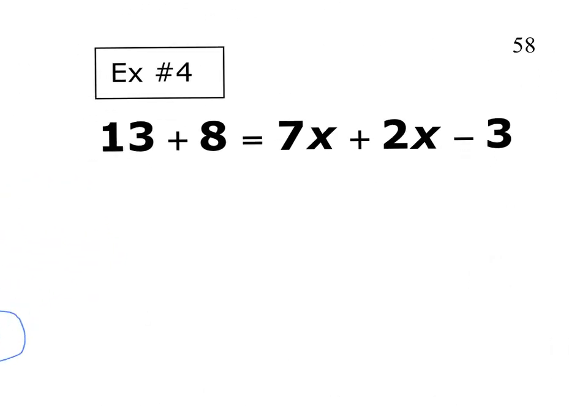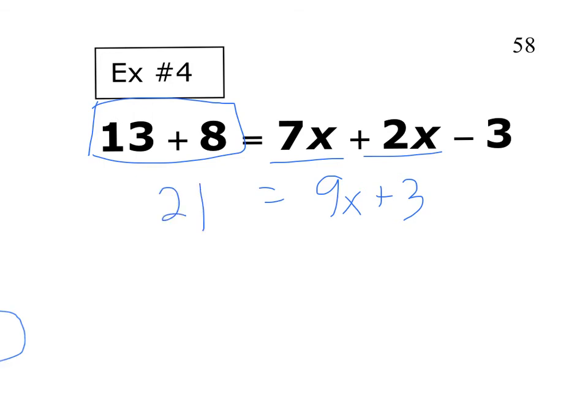Now this example, you don't have variables on both sides, so you're just going to combine like terms. So you need to add the 7x and the 2x, and that gives you 9x plus 3. You'll also notice on this side, we can combine these guys and get 13 plus 8, or 21. Then you simply have a two-step equation where you can undo addition with subtraction and get 18 equals 9x. And then, of course, we can go ahead and solve on both sides and get